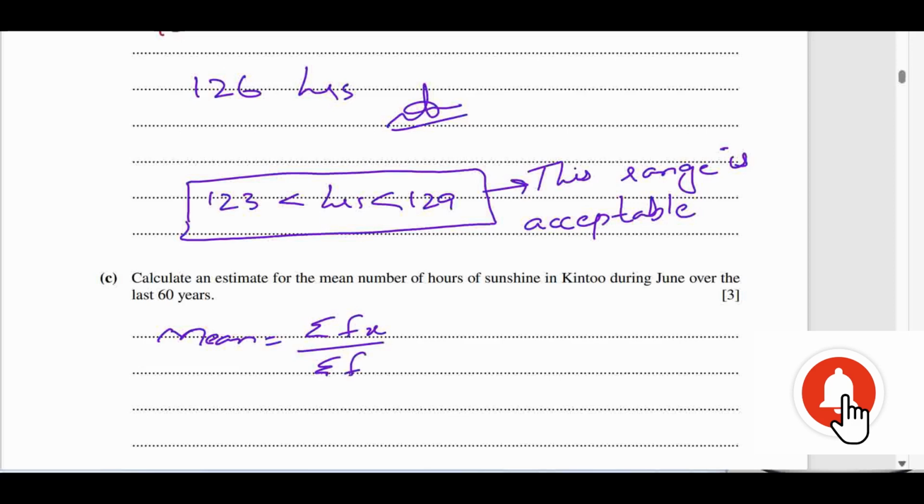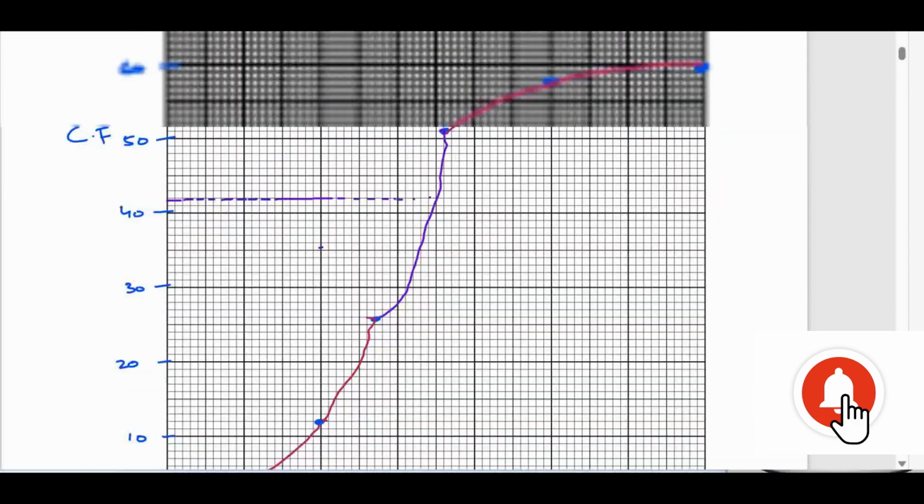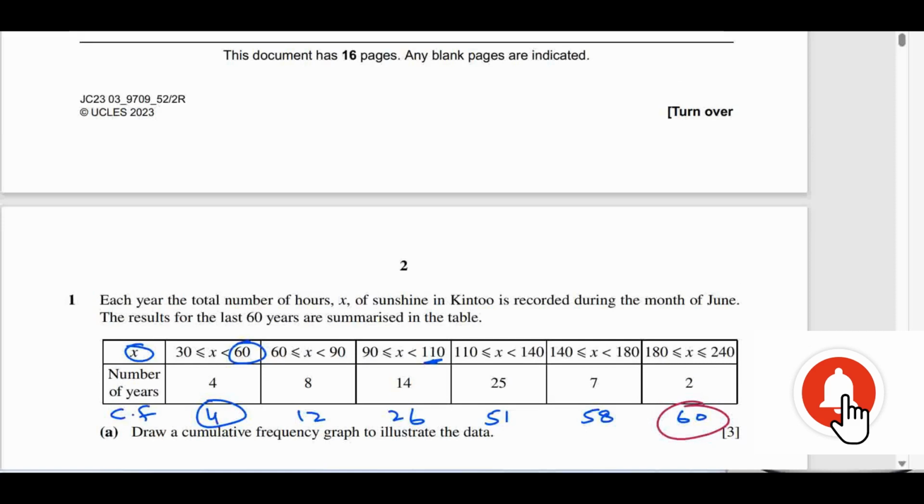सो अब हमें टेबल तो गिवन है, तो टेबल को देख के वी कैन से दैट मीन will be equals to 4 multiplied by 45 plus 8 multiplied by 75 plus 14 multiplied by 100 plus 25 multiplied by 125 plus 7 multiplied by 160. I think that is it. Let's see the table. 7 multiplied by